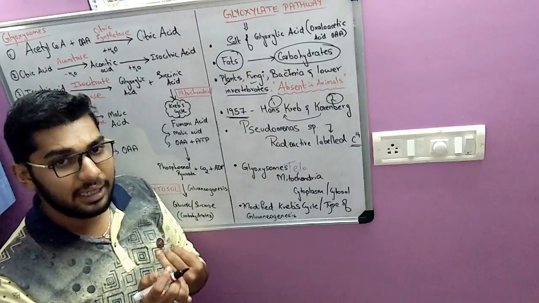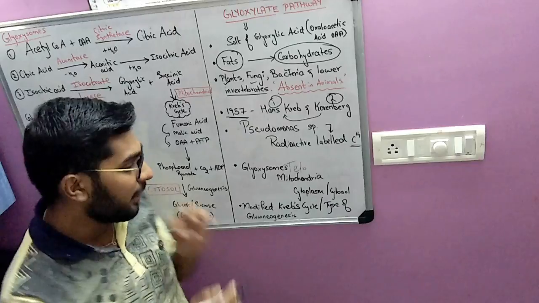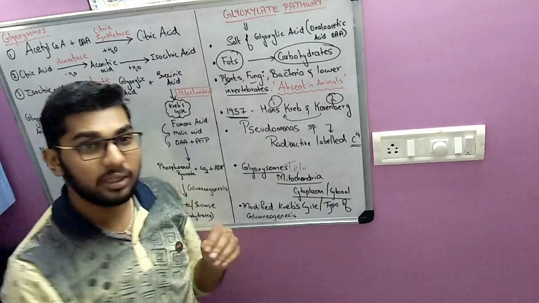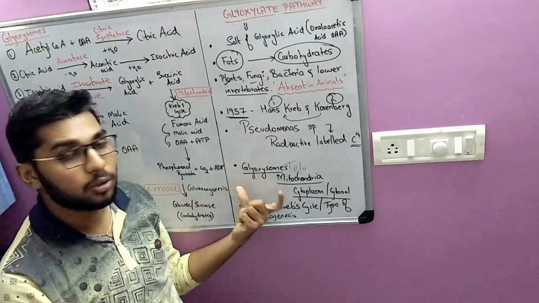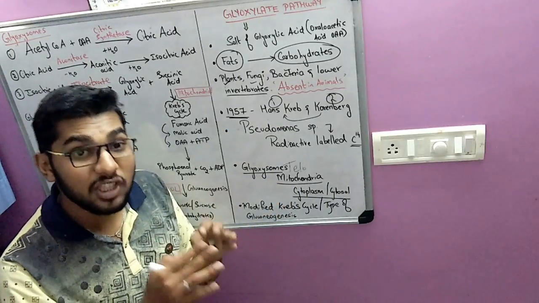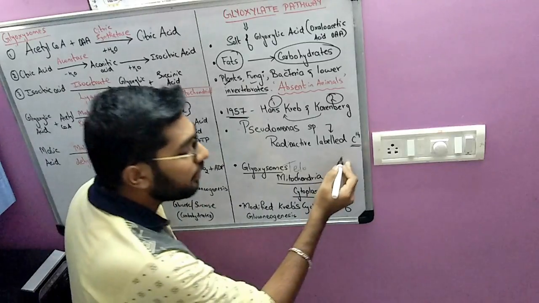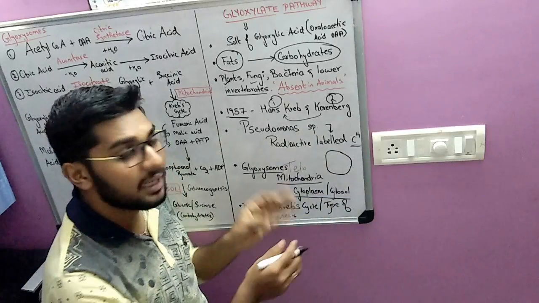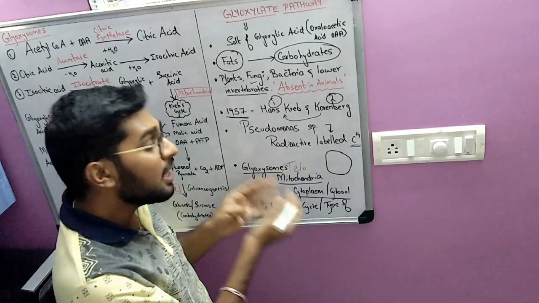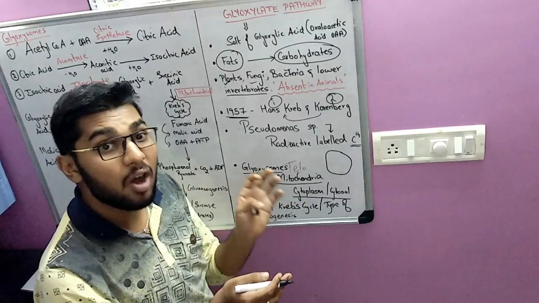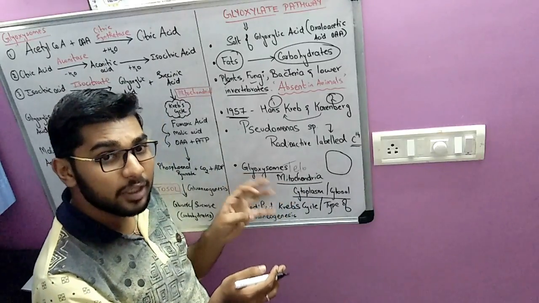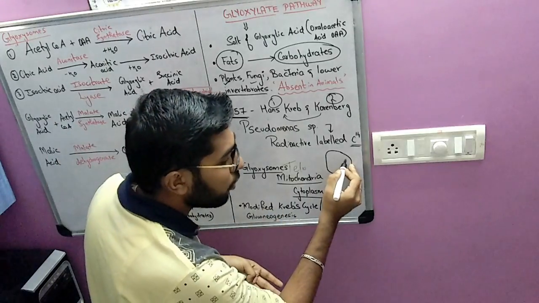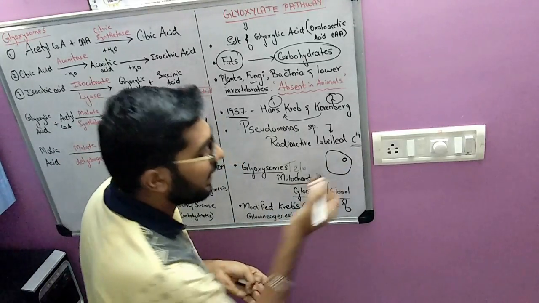So where does this occur in the case of a plant? In plants, it occurs mainly in glyoxysomes, mitochondria, and the cytoplasm or cytosol. What are these glyoxysomes? Glyoxysomes are specialized peroxisomes. If you take a cell, in a cell there is a nucleus, mitochondria, Golgi complex, endoplasmic reticulum, many organelles, and there is also an organelle called the peroxisome. These glyoxysomes are also a type of peroxisome, or you can call them specialized peroxisomes, which contain a lipid bilayer,